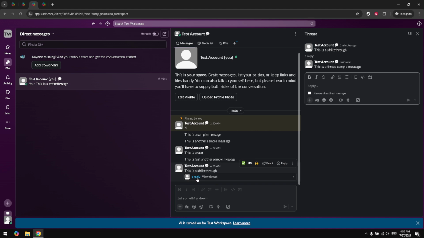Threads on Slack are a game changer, especially in busy work environments where messages can fly fast and furious. By using threads, you maintain context and can easily keep track of ongoing discussions without losing any critical details. And there you have it, a quick and easy guide to using threads in Slack. You've just added a powerful tool to your communication skills, ensuring that your team stays connected, informed, and on the